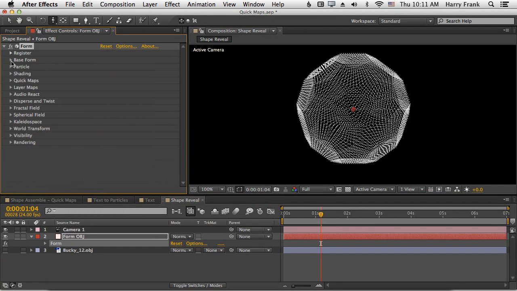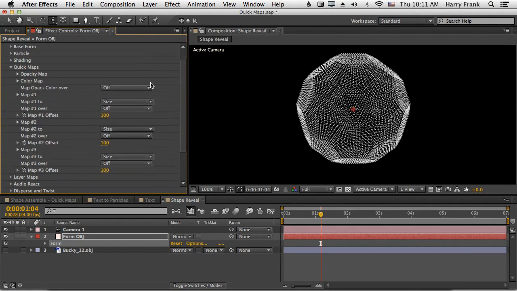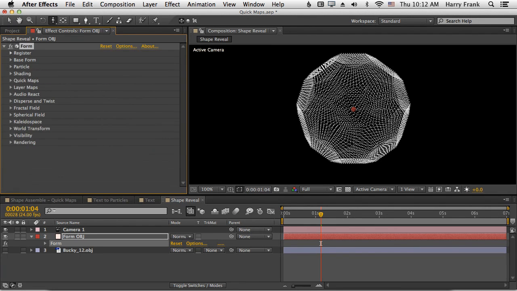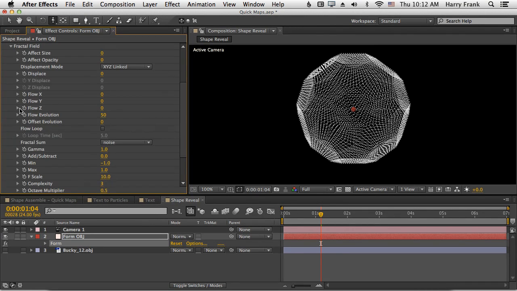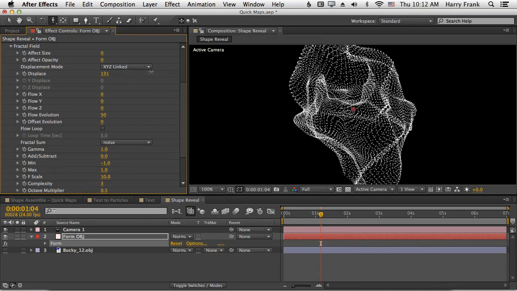Okay, so the first thing to understand with QuickMaps is that they simply control parameters that have been applied outside of the QuickMap section. So in other words, the QuickMaps are not going to do anything unless we've affected certain parameters like fractal field or disperse and twist, that kind of thing. QuickMaps simply control the intensity over certain axes of these parameters. So if I set the fractal field to affect the displacement of particles, like so,